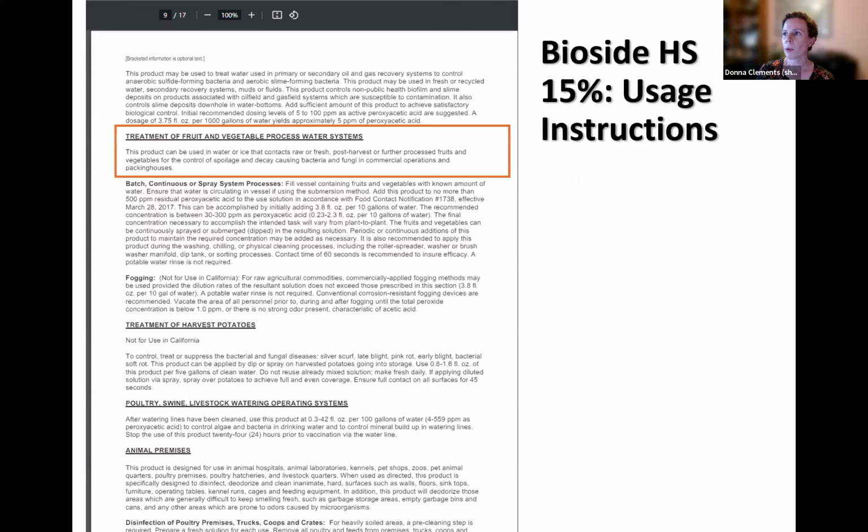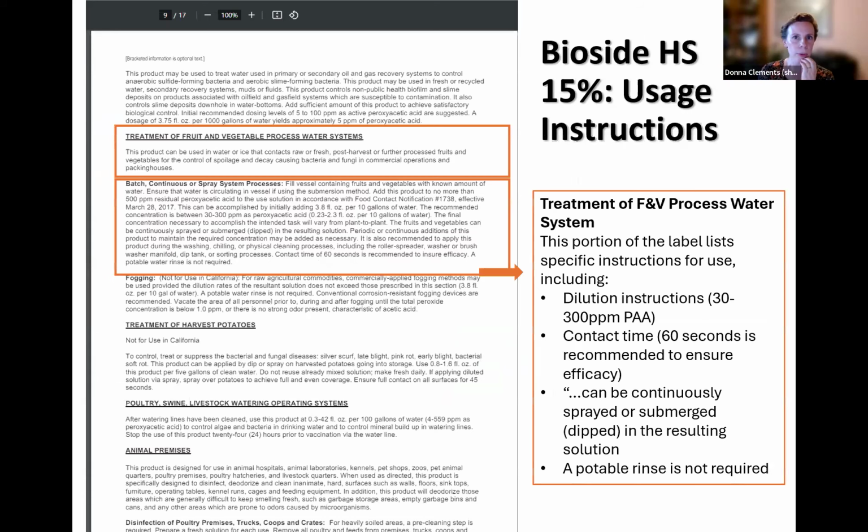Okay. So I just wanted to talk you through one other portion of the EPA label, going back to the treatment of fruit and vegetable process water systems. I'm not going to read it to you, but I want to highlight that this label actually has quite a bit of information on how this product can be used. Some of the examples include dilution instructions. So how a grower can make that appropriate dilution between 30 to 300 parts per million peroxyacetic